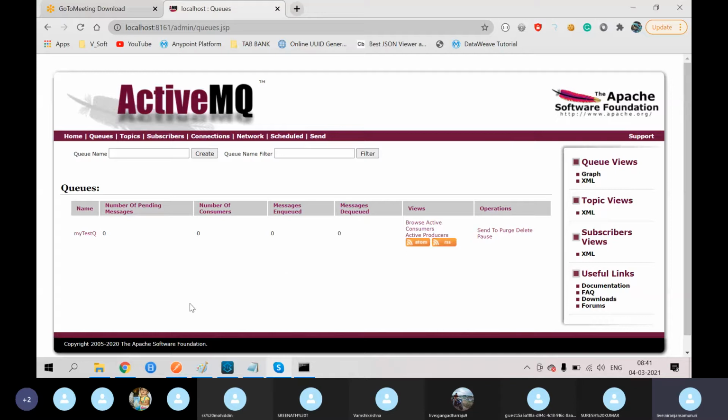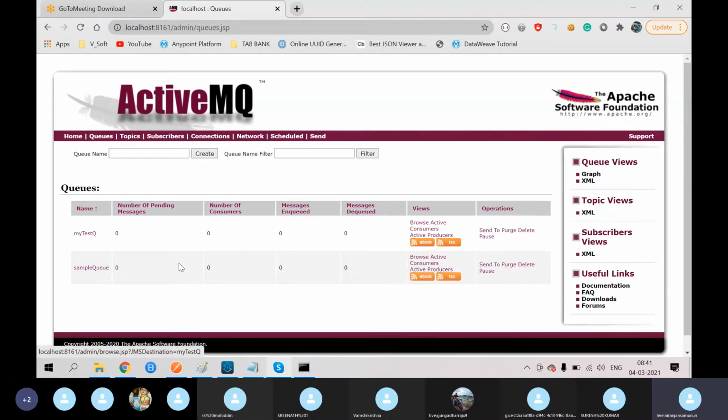Here we can create queues. I'll give the queue name, so this is the sample queue. Going to create it, then the sample queue is created.